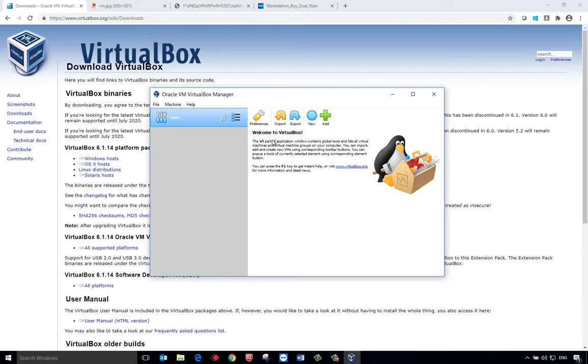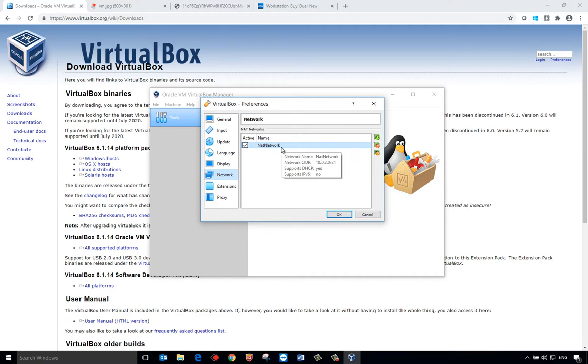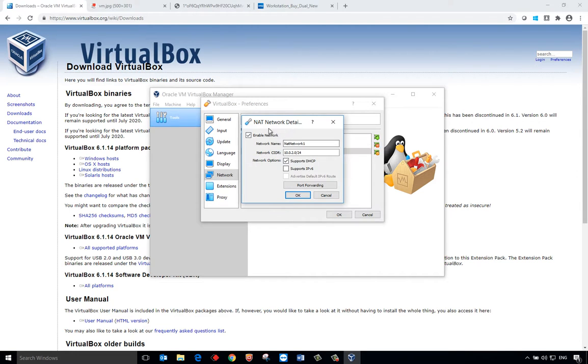But before we start to install virtual machines, we'll click on Preferences, and we'll go to Network. Here we can see that we can manage our network, so I will create two networks. One is for a NAT, which allows me to go from the virtual machine directly to the internet, and the second one, let's edit it. Right click and edit NAT network, or go to this third option, and here I choose a different name. Let's say